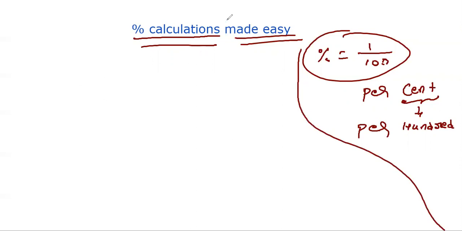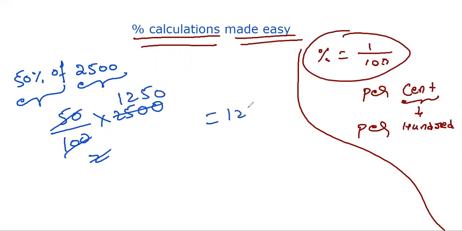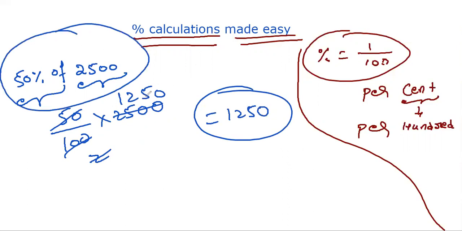For example, you are having 2500 here. You want to calculate 50% of it. You will not think much and you will not take pen and paper to find out this value also. 50% of 2500: 50 by 100 into 2500. After that, 52 times cancel. 2 here, 1250, and you will say 1250 after calculating it. No, in your mind itself you will do this calculation because you know what 50% means. 50% meaning is what? Half.